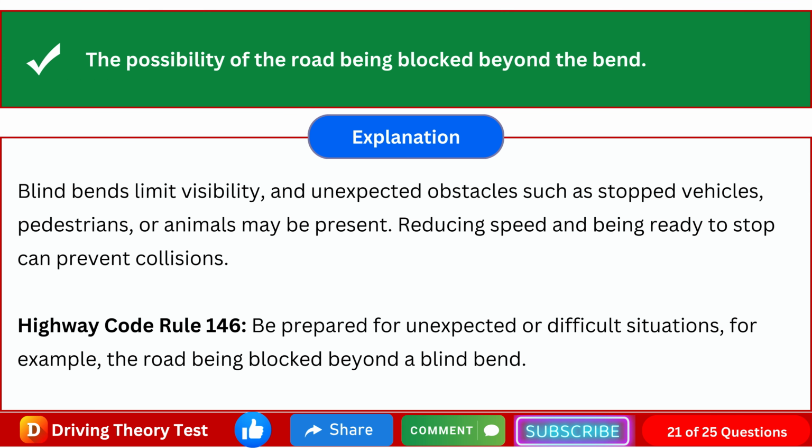The correct answer is the possibility of the road being blocked beyond the bend. Explanation: blind bends limit visibility, and unexpected obstacles such as stopped vehicles, pedestrians, or animals may be present. Reducing speed and being ready to stop can prevent collisions. Highway Code Rule 146. Be prepared for unexpected or difficult situations, for example, the road being blocked beyond a blind